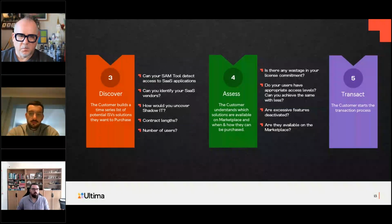So the key question to ask at this point is whether or not your SAM tools have the ability to detect your SaaS applications. Typically, we'll see those rely on centralized authentication methods and API discovery, and tools like USU, which I'm told reliably by my team was previously Aspera, and places like Flexera, for example. Those tools have the capability to automatically detect things that authenticate centrally and go through API connections. You can also use things like Intune and the 365 Admin Center to detect where your users are authenticating via